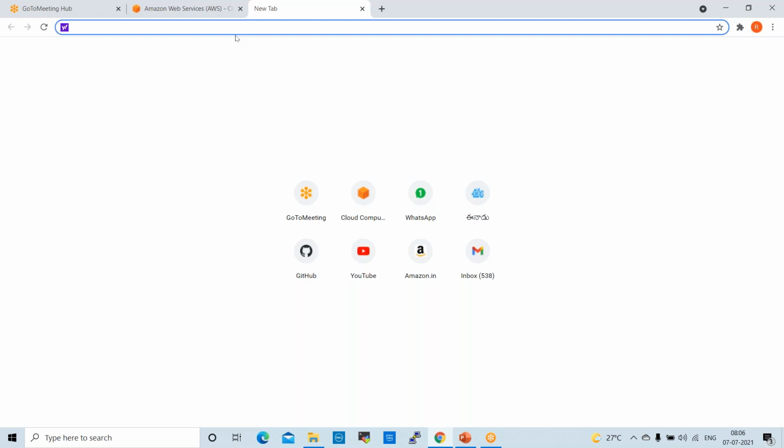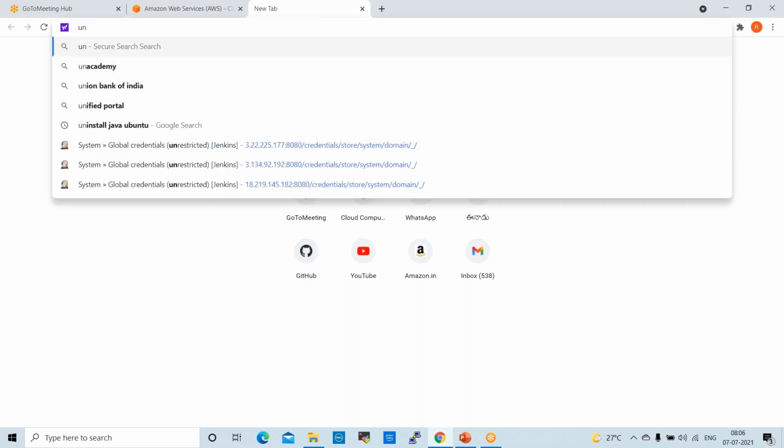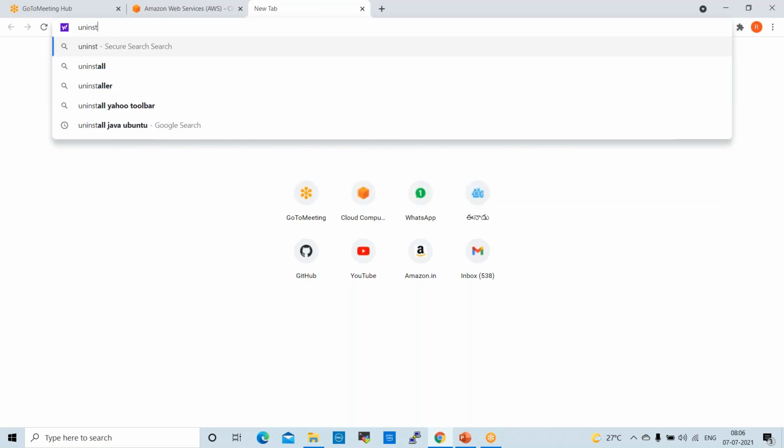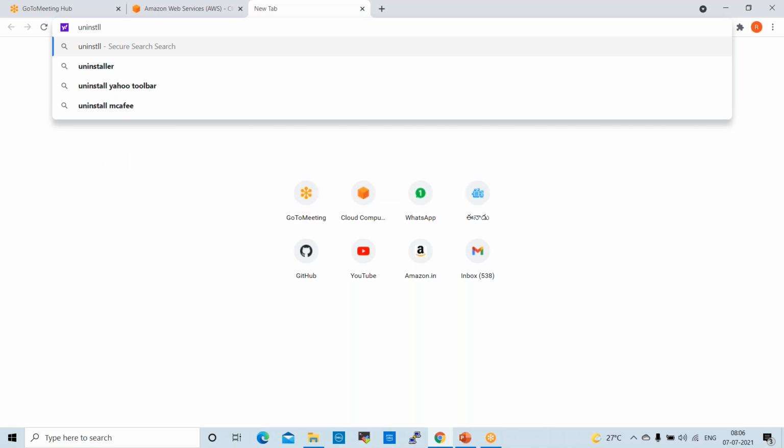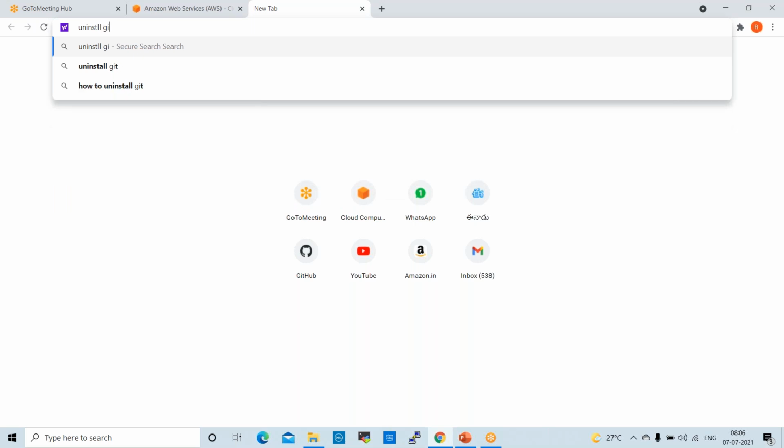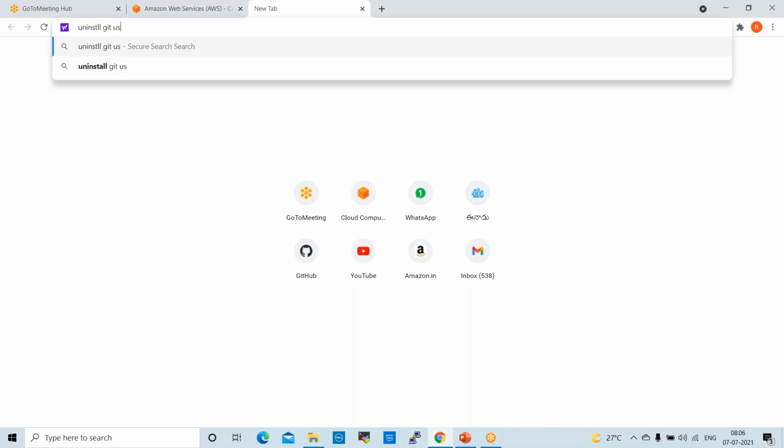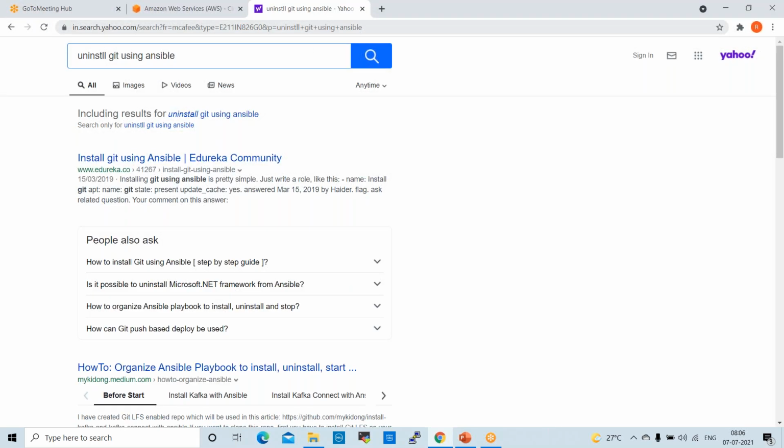If it is not working, we need to go and search in troubleshooting. Uninstall git using Ansible. So let us see.